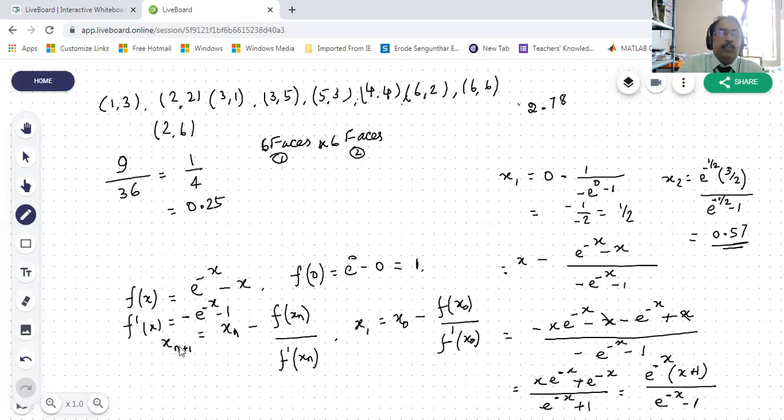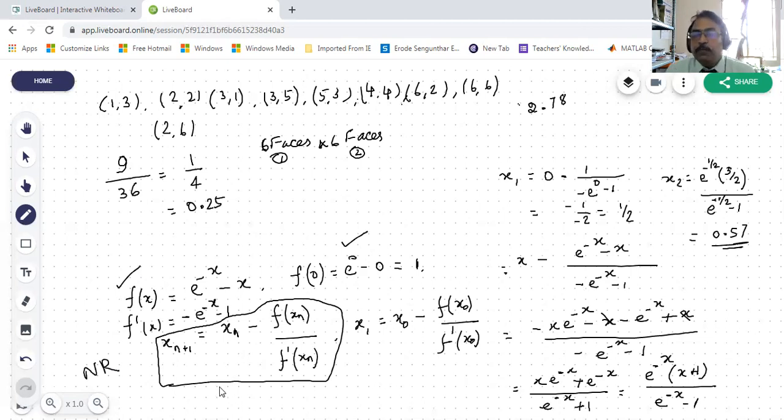This can be executed. Very first you have to see the formula written here. This is the NR formula, Newton-Raphson formula. You find the function given in the problem. You find the initial condition. After putting the initial condition, you solve the question. Okay, f dash and other things. This is a final iteration. Some questions will be of 2 marks, some questions will be of 1 mark. You can solve these questions, right?